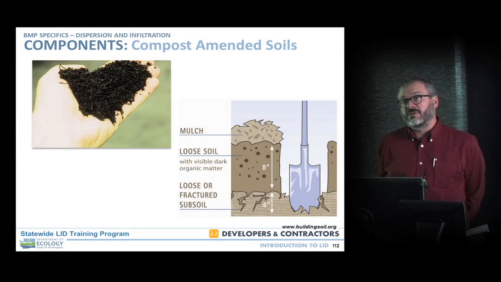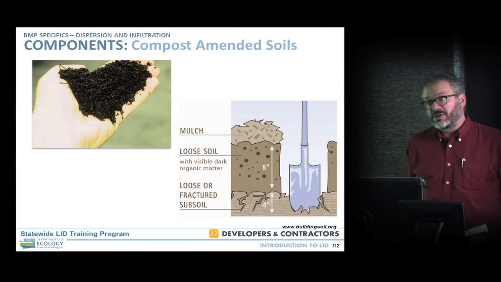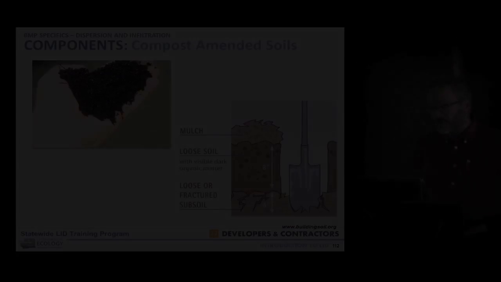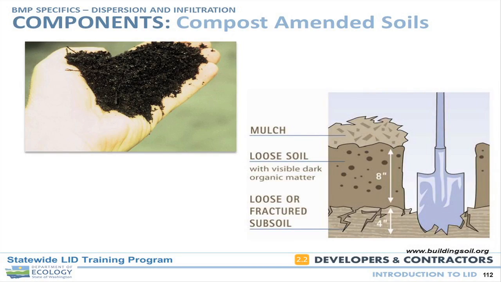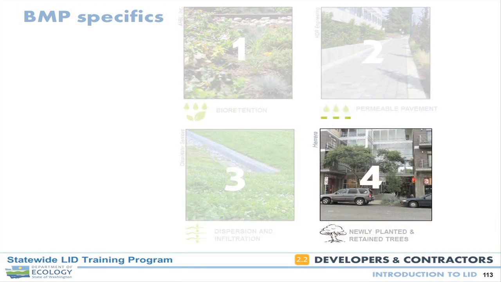Compost amendment. This is this BMP. A lot of information available on the web, Soils for Salmon and other places, or buildingsoil.org now, about how we amend soil in turf areas and landscape areas to meet the BMP T5.13 for post-construction soil quality and depth, where we introduce organic material into the soil, which is going to absorb more stormwater runoff, require less irrigation, and have more healthy plants. So the last BMP we're going to talk about is the ability to use newly planted trees